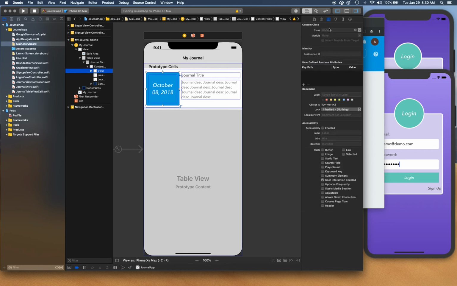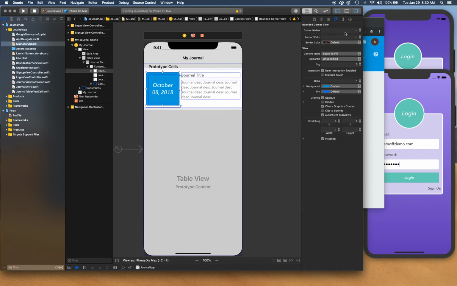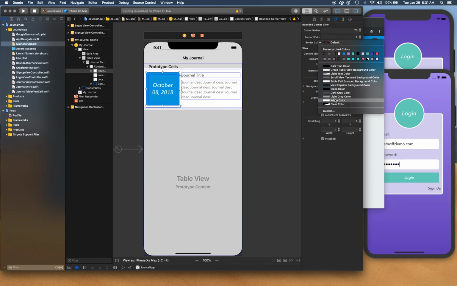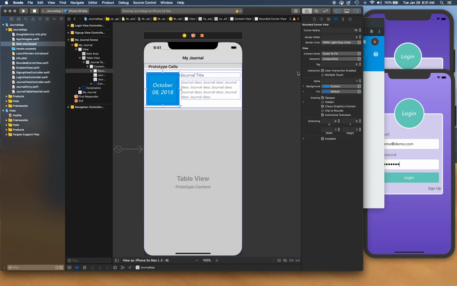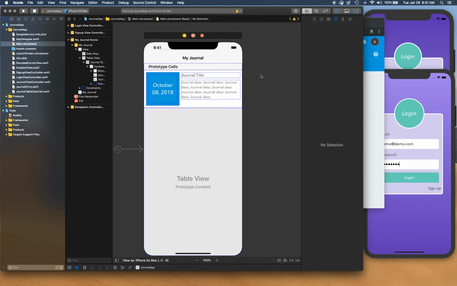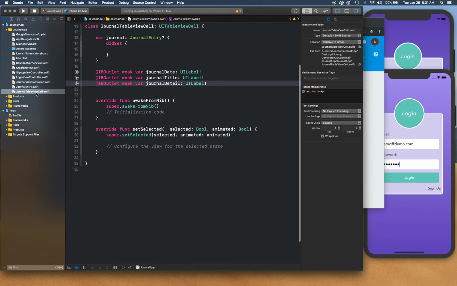circular, so let's make it rounded corner, and we're going to give it a 70 as corner radius, and let's give it 4 for border width and light gray as its border. Okay, with that said, let's go back to table view cell, and we're going to say here